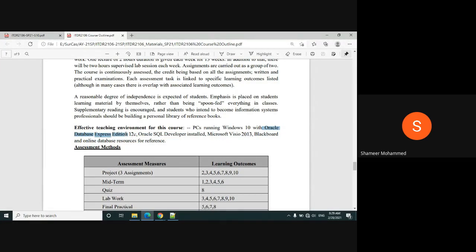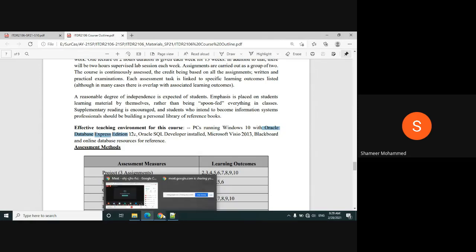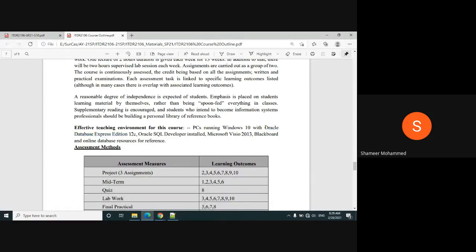All of you have to download and install this software on your computers and laptops. All of you must have your laptops, with this software to do the practicals, assignments, labs, project, anything.